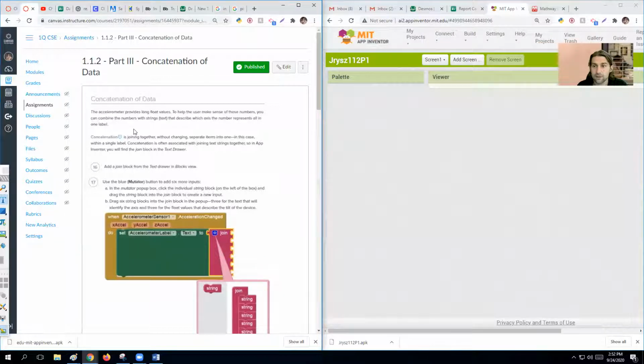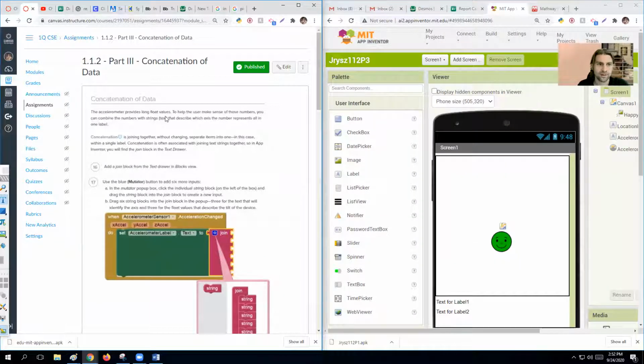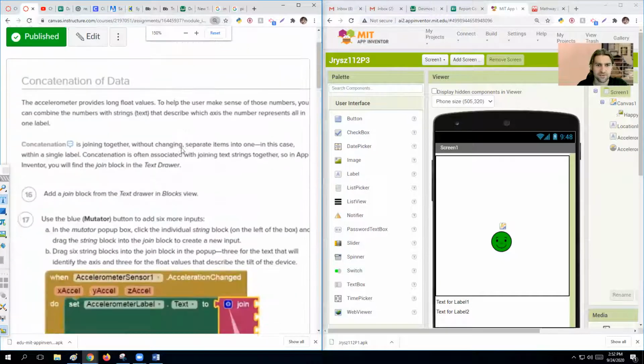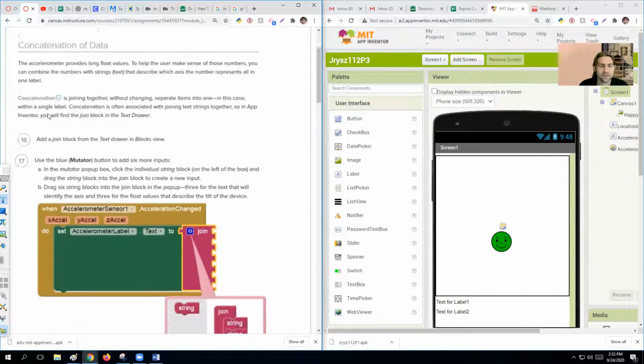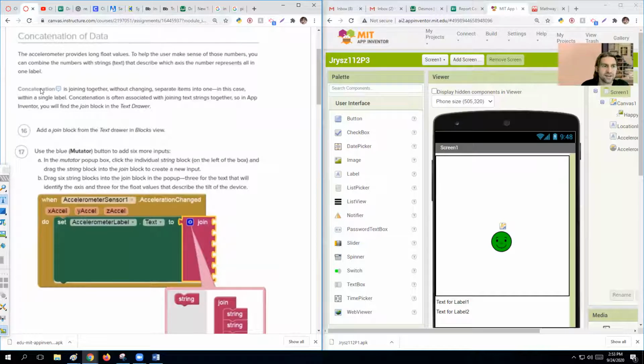Okay. So when we messed with the accelerometer, it provided long float values, and float values are known as decimals. To help the user make sense of those numbers, you can combine those numbers with strings, which are also known as text, that describe which axis the number represents in all of one label. This is called concatenation. Concatenation is joining together, without changing, separate items into one, in this case, within a single